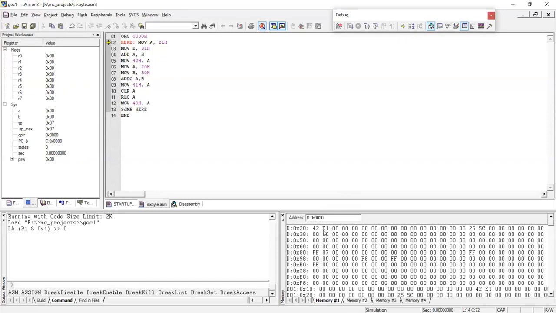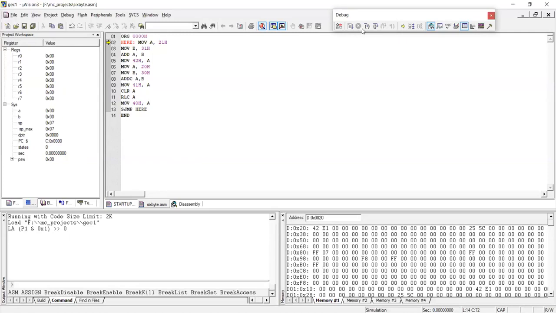E1 is the lower byte number, and 42 is the higher byte number. Also 5C is our lower byte number and 25 is our higher byte number. We have two 16-bit numbers which we need to add, right? And the results will be stored in 42, 41 and 40 there, right?